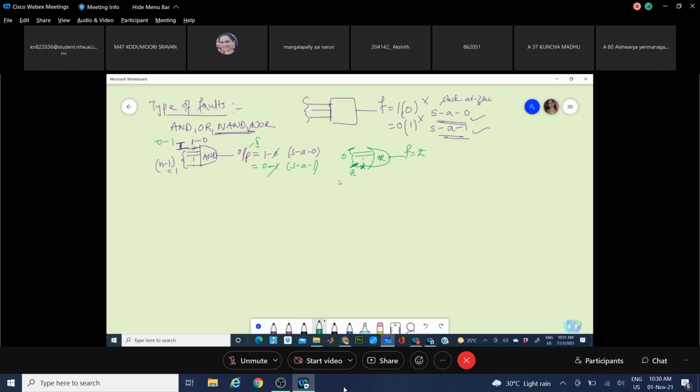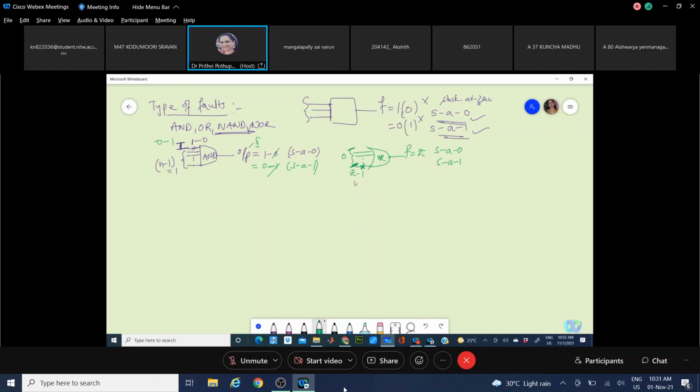Now, when I want to test this for stuck at 0 or stuck at 1, what are the values that I have to try? If I tie this to 1, the output should be 1. If a fault is happening on this line, what output do you get? It is 0. That means it is stuck at 0.